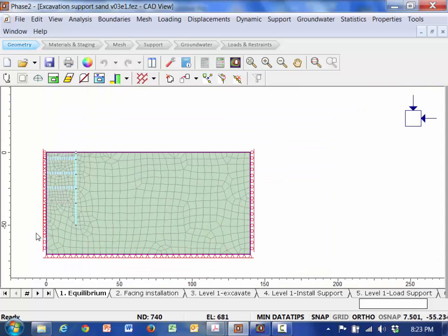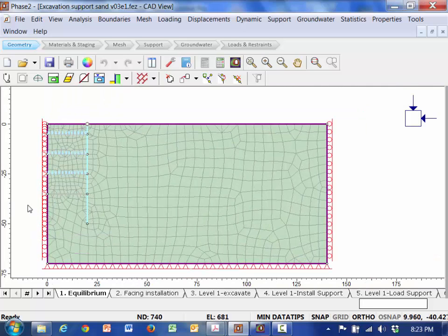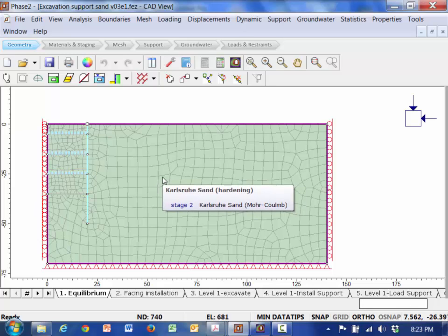Okay. So the first thing I'd like you to do: I'm going to have you take this problem and use the strain hardening Karlsruhe model, the strain hardening. Actually, let me stop the